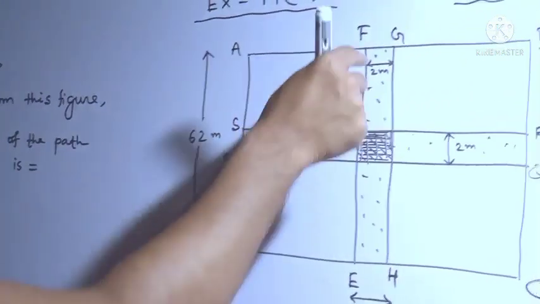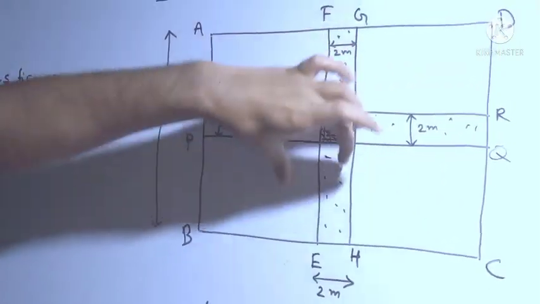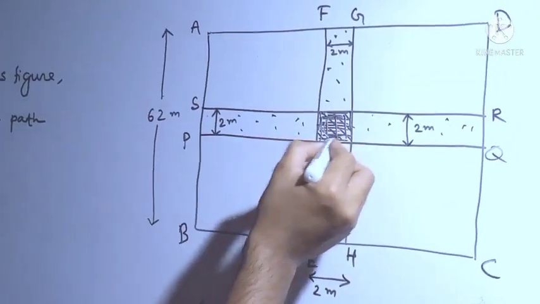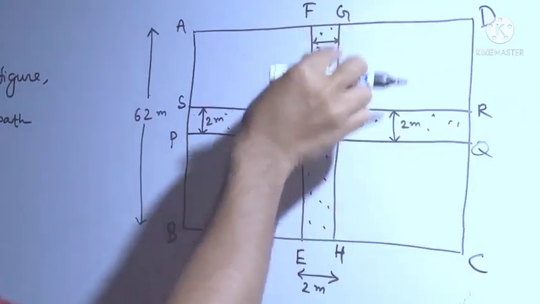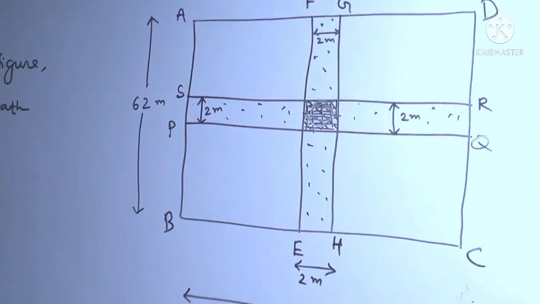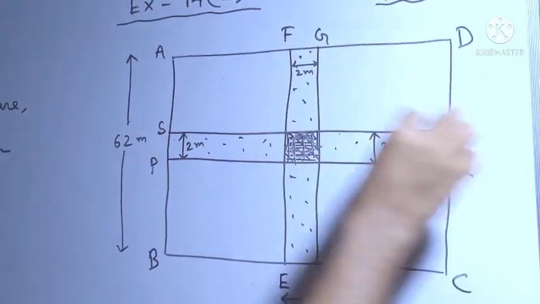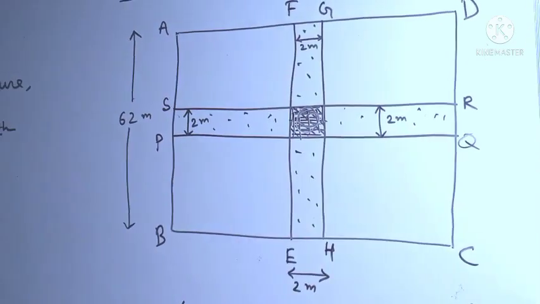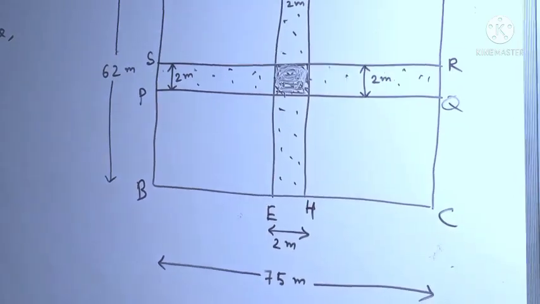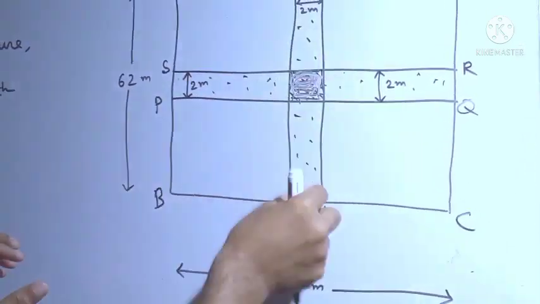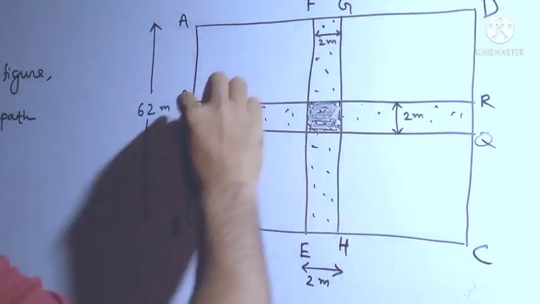Now our next problem is problem number 5. Here two crossroads are there which intersect each other at right angles, okay, and this is the common path, okay. So these are two paths. Now we have to find the total area of these two paths. This shaded portion is actually the common path, and these two are actually roads. Okay, now we have to find the area of these two paths.